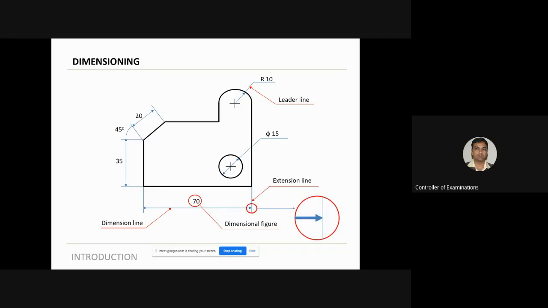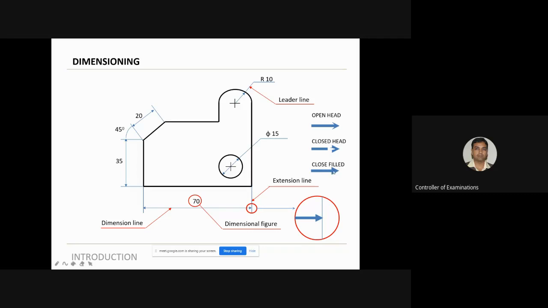Next is the arrowheads. The arrowheads are very important for a dimension line. Different types of arrowheads are used, as you can see here. This is an open head. This is a closed head. And this is a closed filled head. What we recommend is this third one, closed filled.